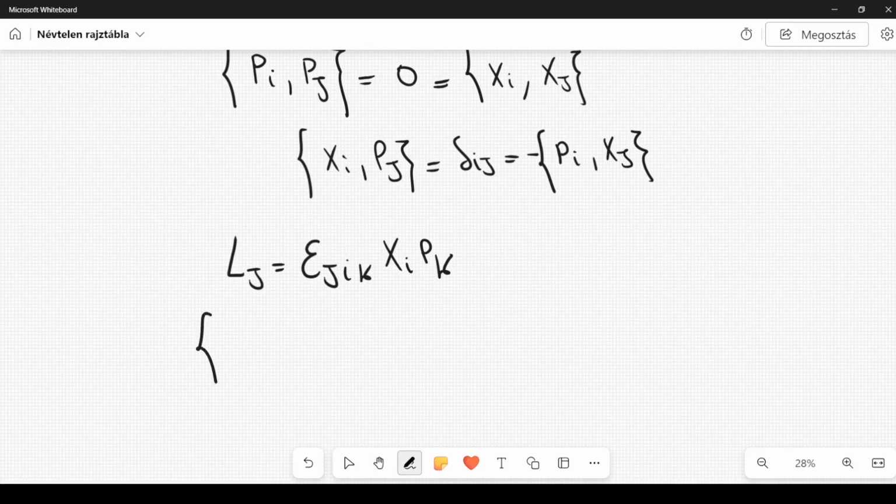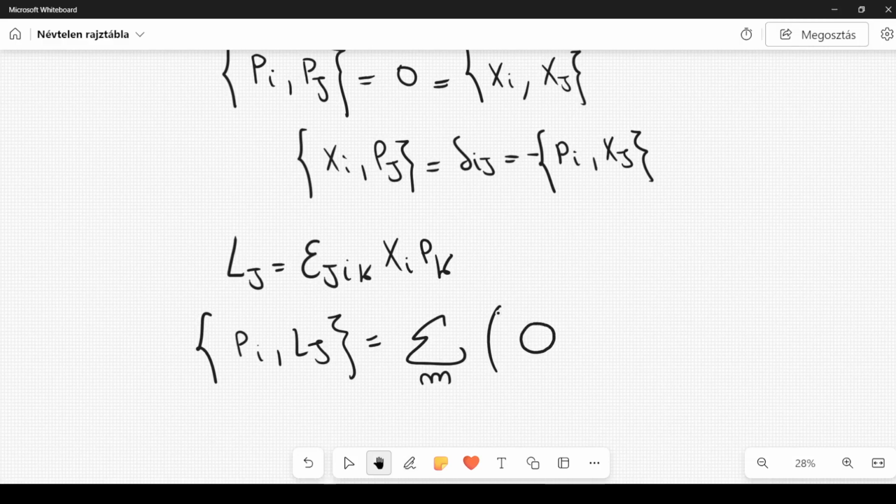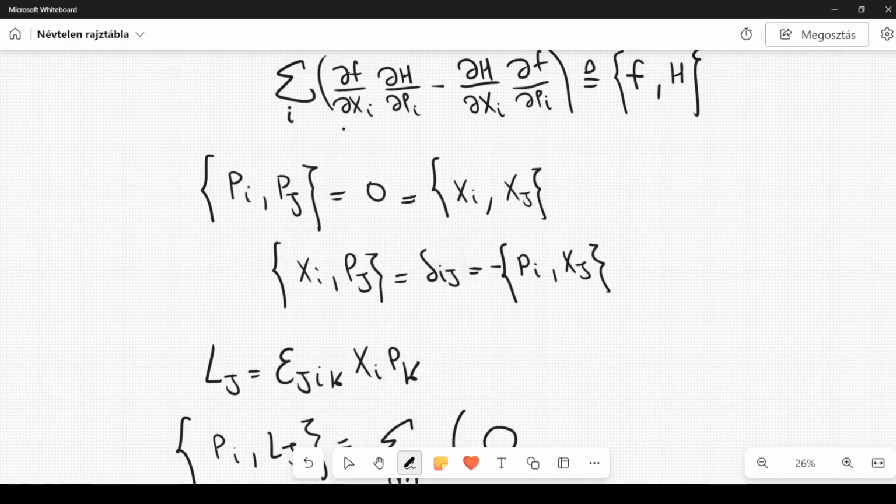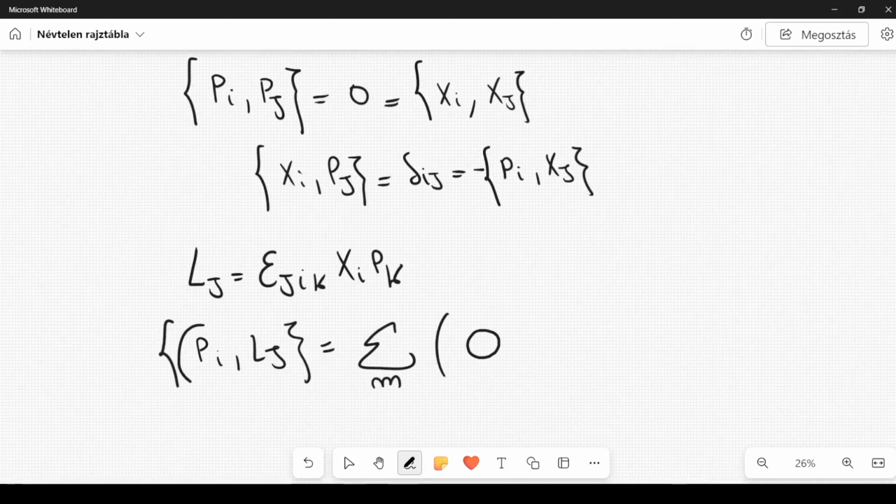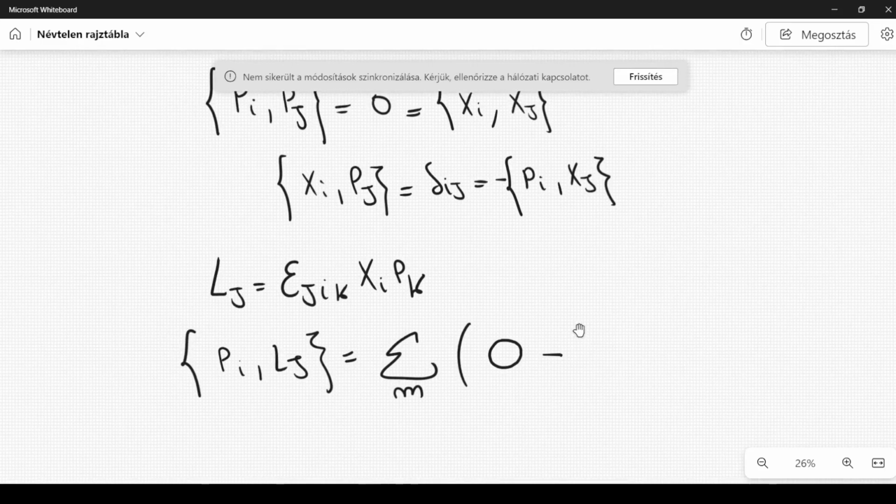Now, we can calculate the Poisson bracket between pi and Lj. This is a little bit more interesting, so let's do it. So you have to sum over some integer that I'm going to call m. It's quite easy to see that you will get 0 when you consider this part of the Poisson bracket, because you have to take the derivative of p with respect to x. So you have the derivative of pi with respect to xm, and that's 0 for every integer i and every integer m. And then you have minus the derivative,